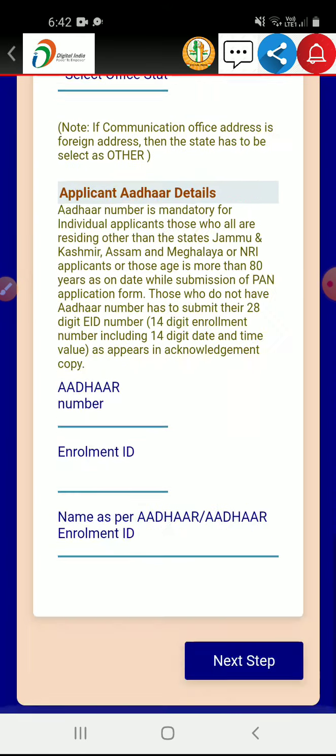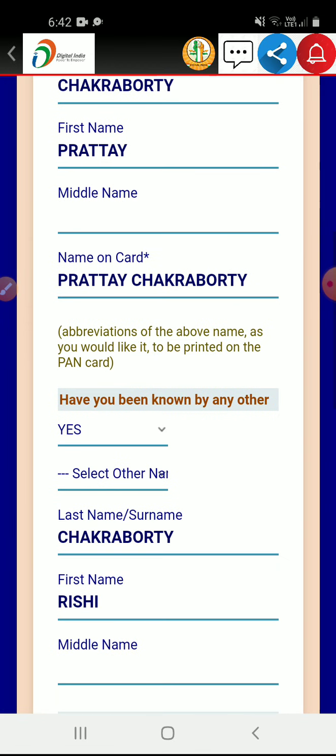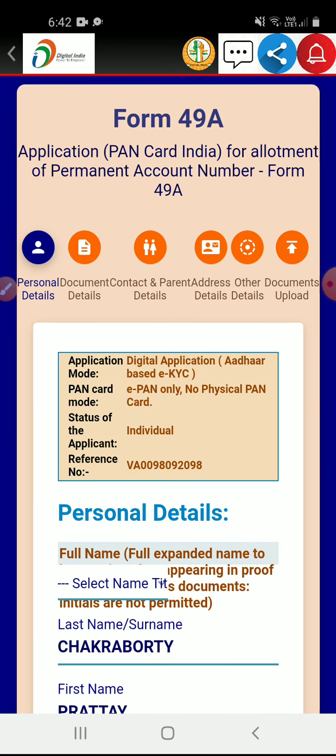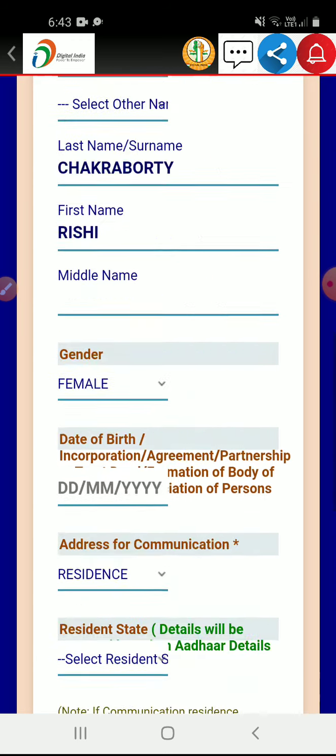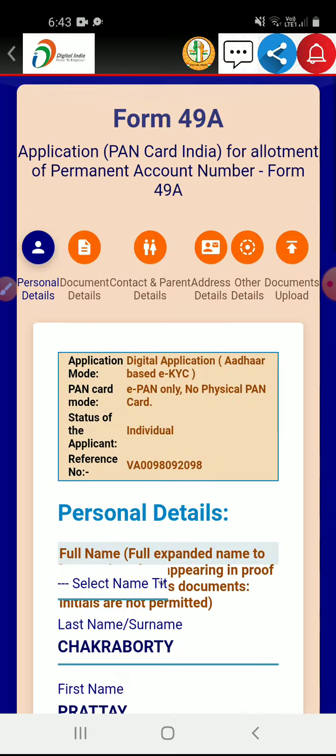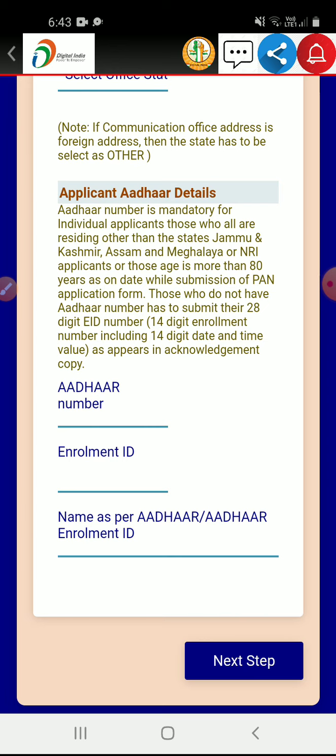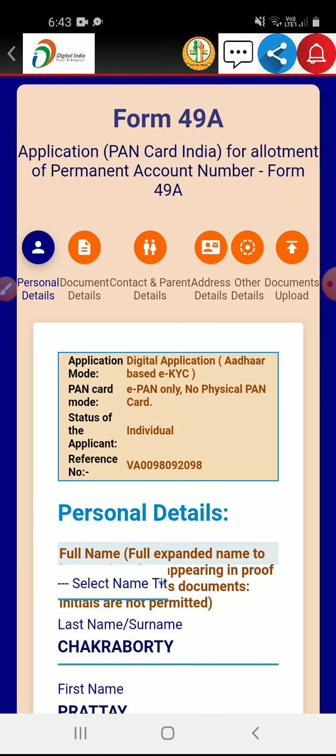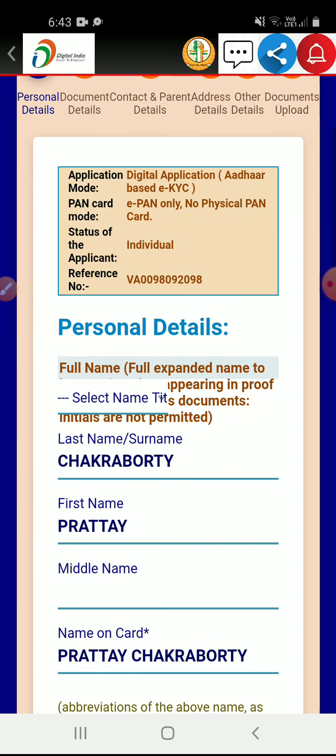After that, within 5 minutes, if you are doing this for your customer, an email will be received by the customer that the application for PAN has been successfully registered. If you have selected the physical PAN also, it will be written that you will receive your physical PAN within 5 to 6 working days. Thank you for choosing the UTI portal. After 5 to 6 days you will receive your PAN card. And if you have selected only e-PAN, then you will receive your e-PAN card in your email ID within 1 day.